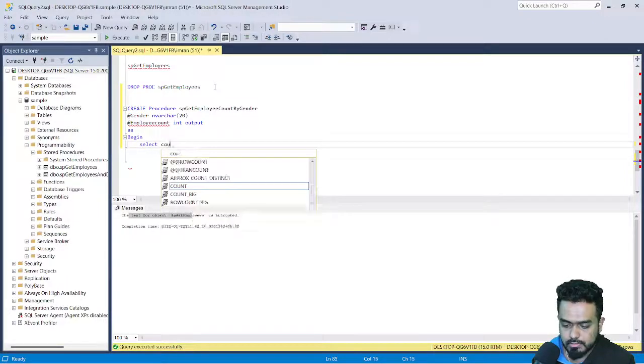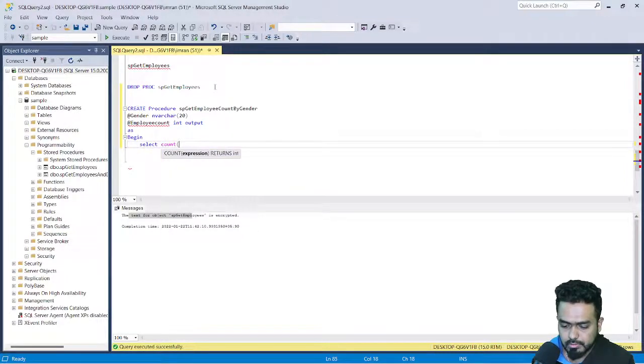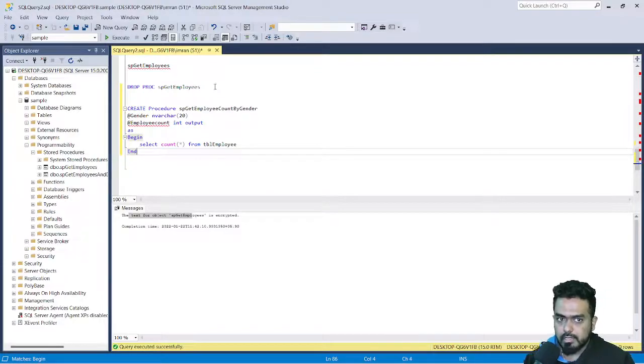So select count all from table employee. Let's run this. Okay, so here you can see, here we are